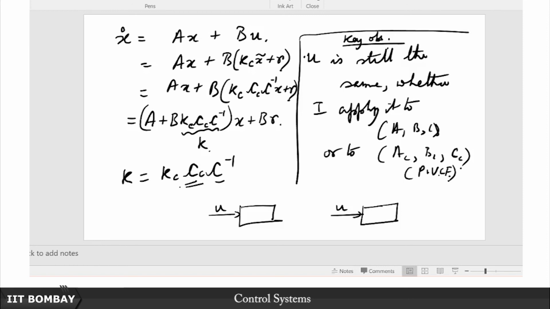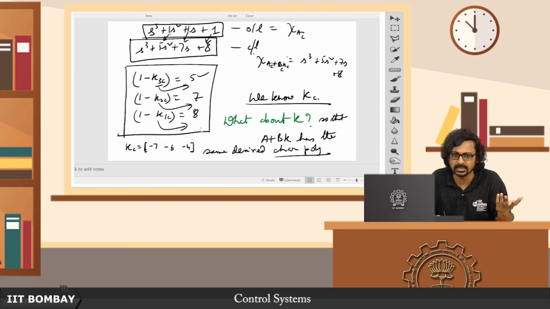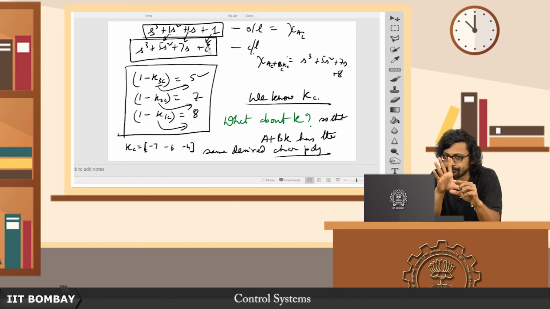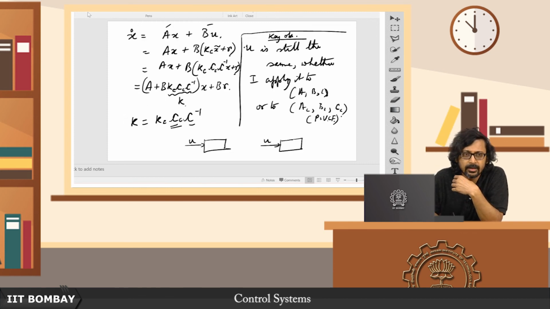I know C because obviously I know A and B, which is my realization here. And I know Kc because that Kc was very easily evaluated in the last step, where I showed you how in the phase variable canonical form it is very easy to evaluate the Kc. Each term independently ascertains one coefficient of the characteristic polynomial. So going from the open loop to the closed loop, what is the difference in each coefficient? That difference is catered for by the gain in the controller of the phase variable canonical form, right. So therefore I know Kc. Now once I know every one of them, I know what K I must apply.